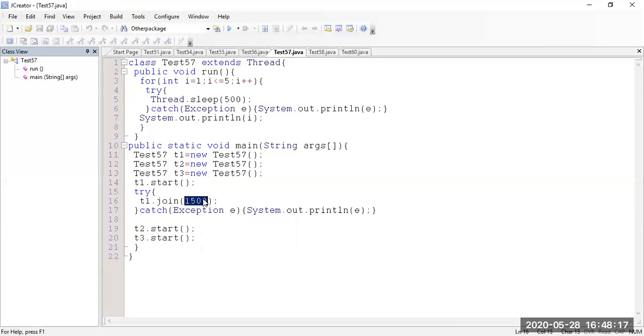After 1500 milliseconds gets elapsed, T2 and T3 can get the processor. So better to say, in the second variation of this join method, this join method enables another thread to wait